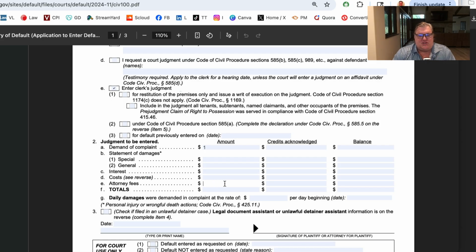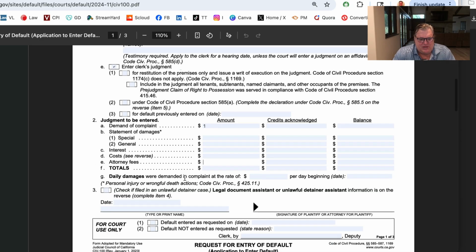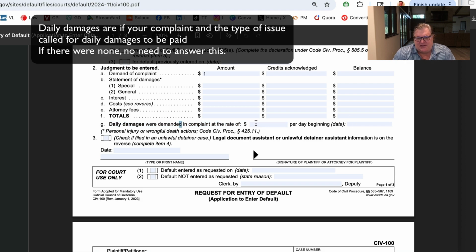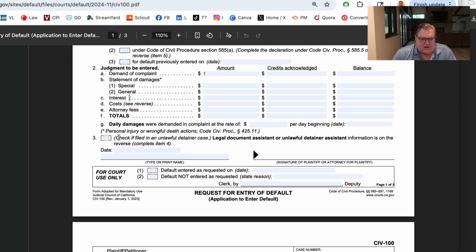And if your contract allows, or there's a statute or a contract that allows you to recover attorney fees, then you can put in there your attorney fees. Same thing, credits acknowledged and balanced. So this is what you're asking for. So you got judgment to be entered, number 2, and that's it. So you're going to have here, if you're going for daily damages, demanded in the complaint at the rate of. So like I said, you need to look into that, fill all that out,